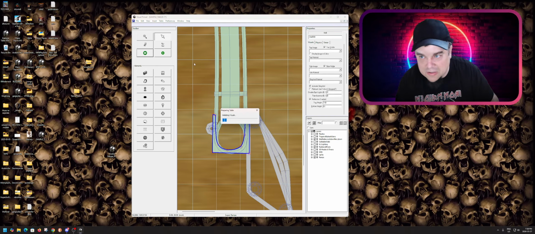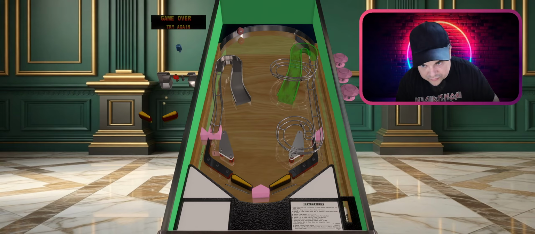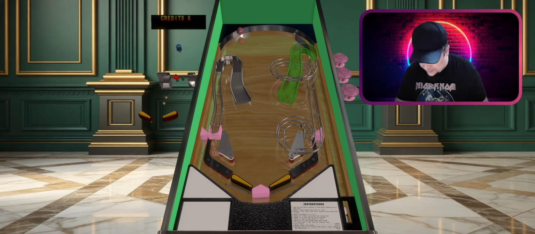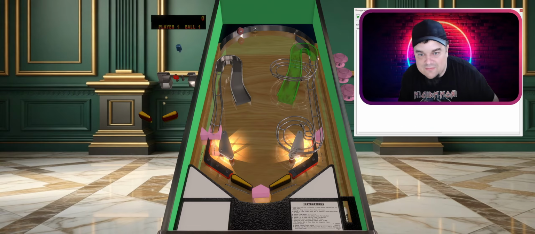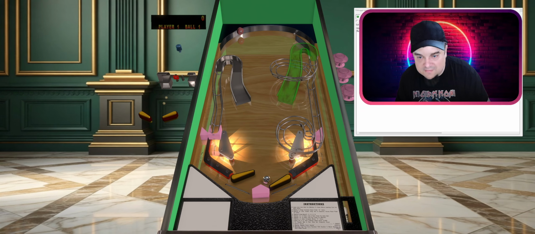Let's just go take a look at what it looks like. Do you see where it is now? That pink wall with no texture. It's ugly, but it serves a purpose, and we're going to turn it invisible after. So let's just show you what happens when I drop the ball here. Boom. See, it gives you a lot more time